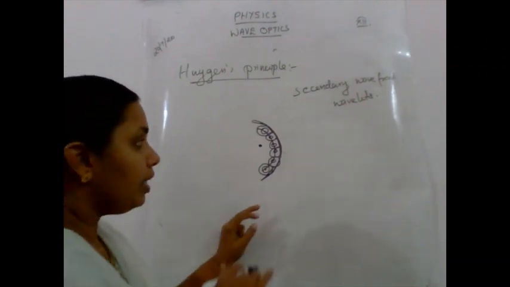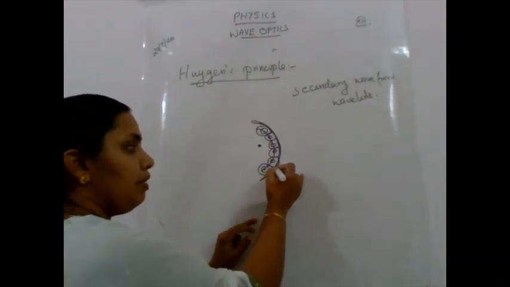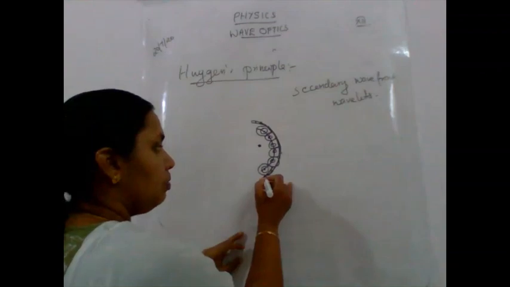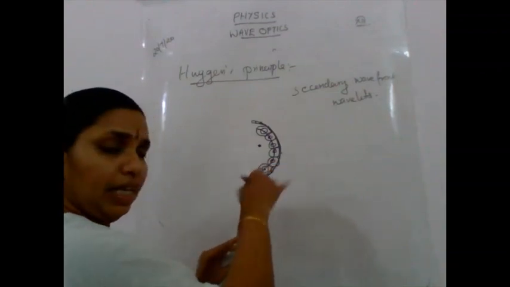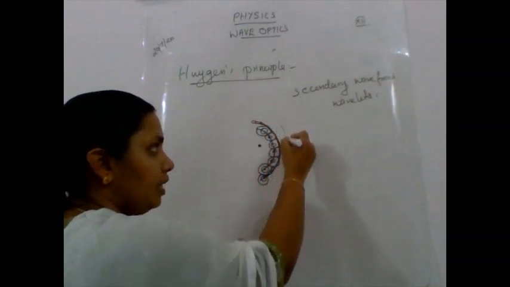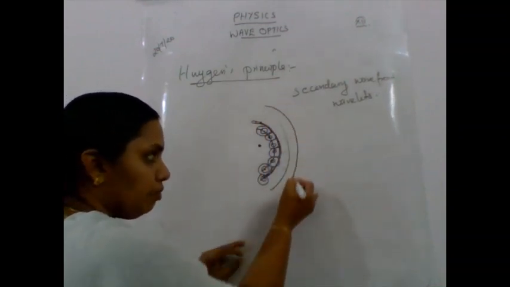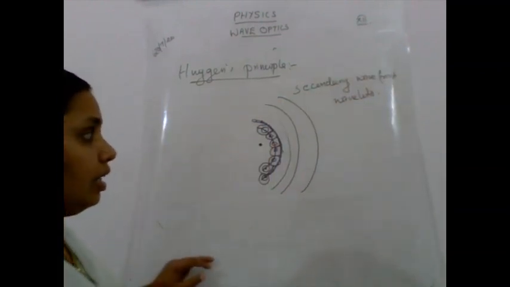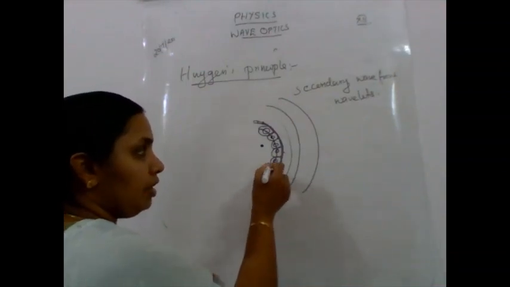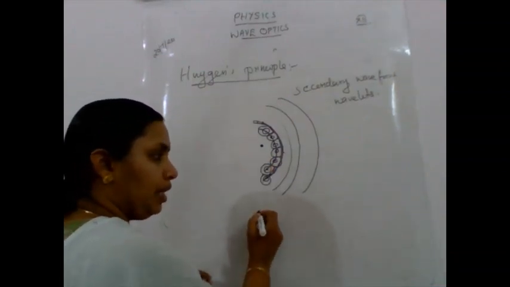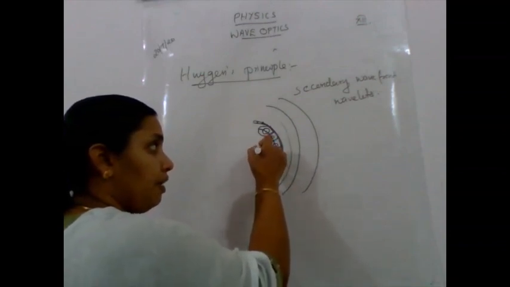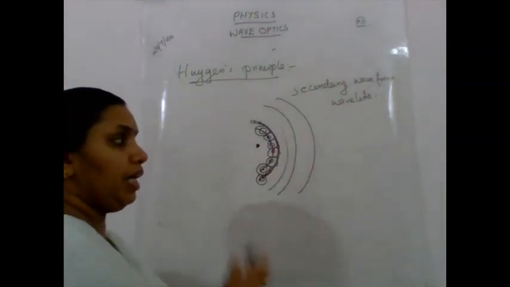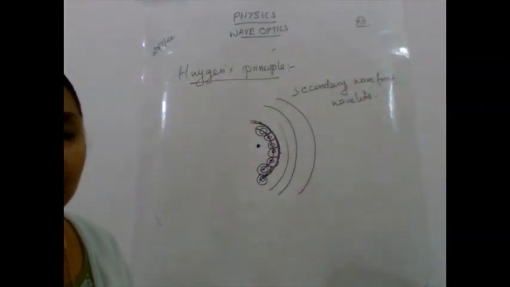Understood? And again from here, on this wavefront also there are many points. It will act as a source. So consider this one here, this produced. We will join that, we will get the next wavefront. Then the same thing will repeat, it will propagate. Understood? And what is the speed of this secondary wavefront or the next wavefront? It is equal to the speed of the wavefront originated from the origin, or it is equal to the speed of light in the medium. That is, the wavefront propagates with the same velocity as light in the medium.